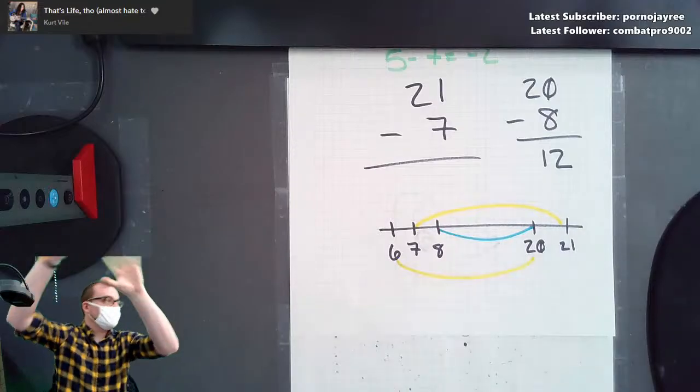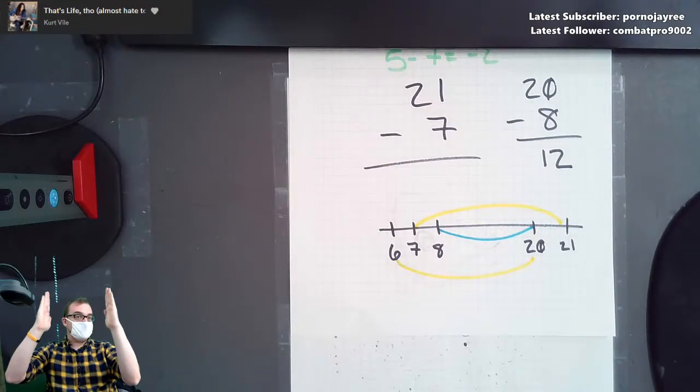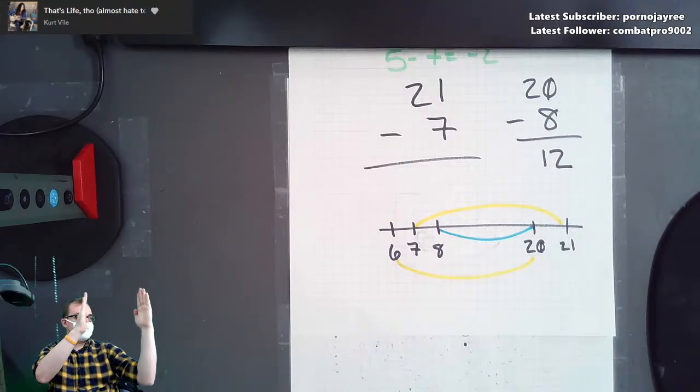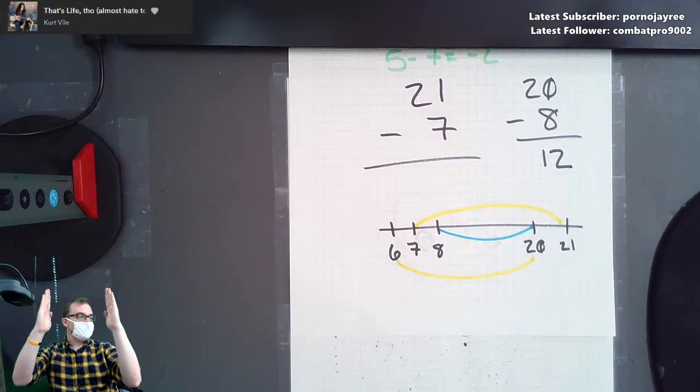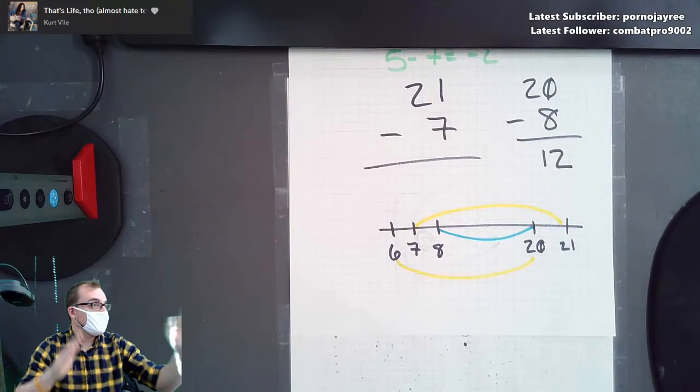Imagine, look at me. Number line, 2 numbers on it. Who cares what they are? They're separated by this much, right? The distance is this. Now what happens if I shift them both over to the right 5? Did the distance change? What if I shift them both over to the left 2? Did the distance change? As long as I do it to both of them, the distance won't change between them,